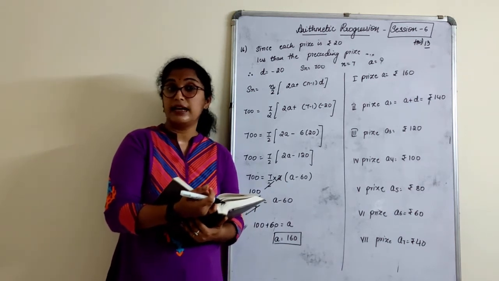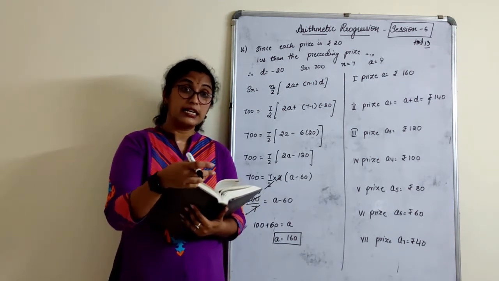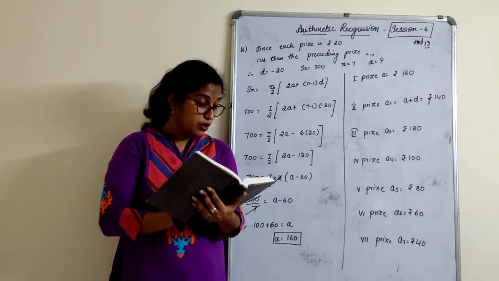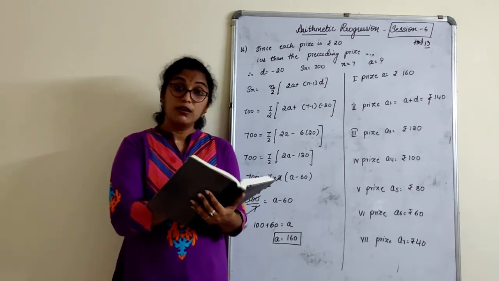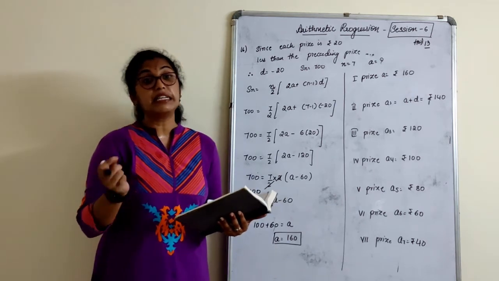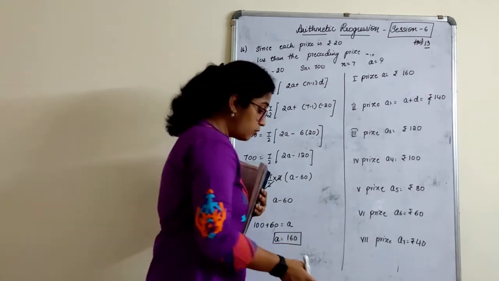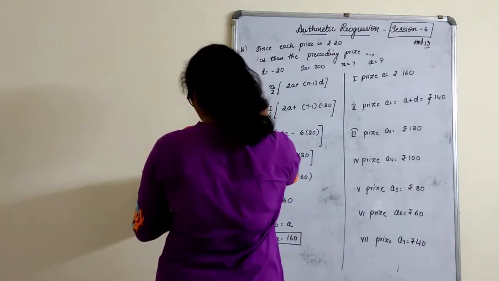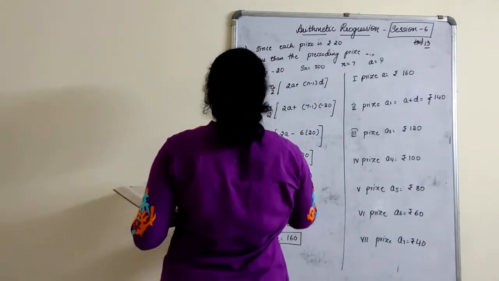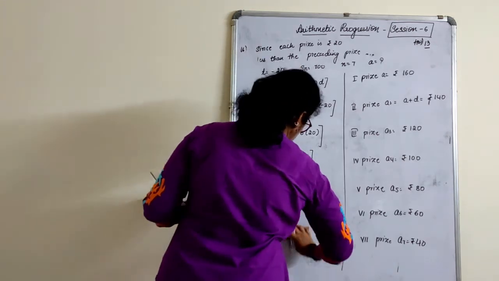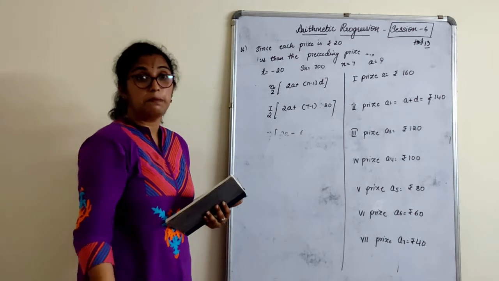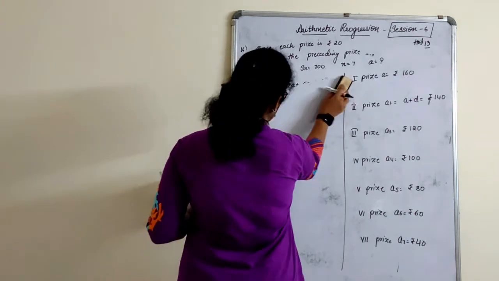But class 10 has 3 sections. Class 9 has 3 sections. That means here we have classes from 1 to 12, and each class has 3 sections. So let us see how they will plant now. There are 3 sections of each class. How many trees, that is, the total number of trees the students will plant? That is why it is SN.